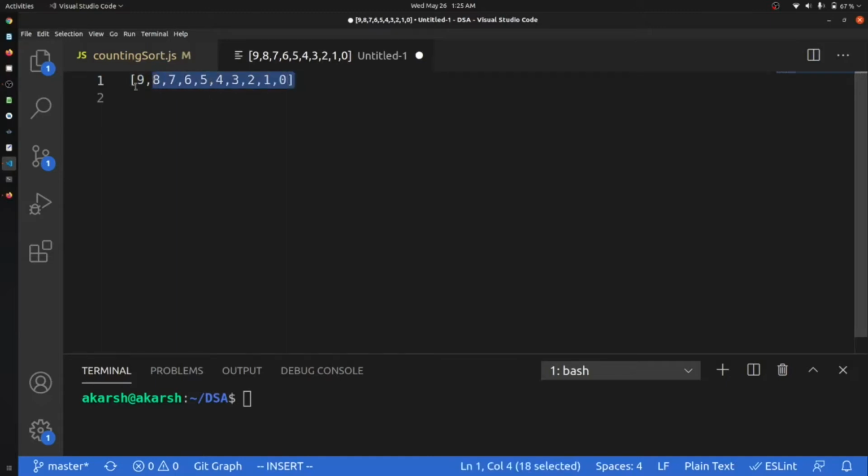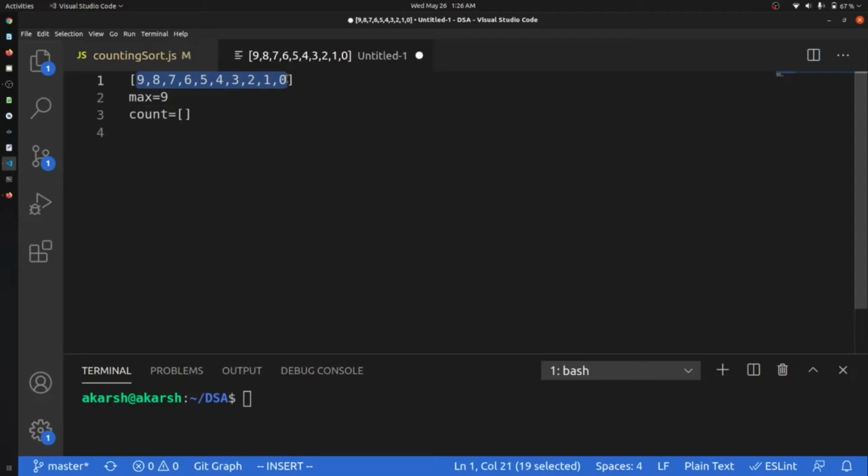Okay, we will find the maximum. Let's say this is a variable that holds the maximum, so in this case we have 9 as the maximum. After that, we will count the frequency of each element in our array. So we will have an array, let's say its name is count. And we will count, let's say, 9 is present how many times? It's present one time. Okay, so we will store them in the order of their index.